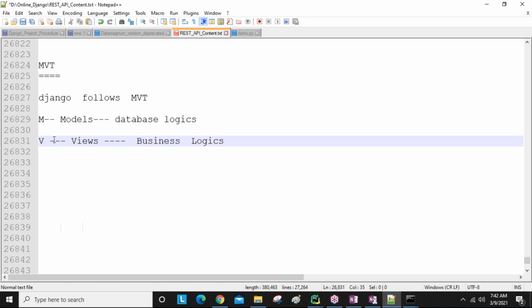All these logics we write inside the business code. Which database do I want to communicate with, Oracle or MySQL or MongoDB? All these things we write inside this business code, guys. So this views code we write inside views.py. We get one file whose name is views.py, guys. Inside that views.py, you write all your project's business logic, everything you want to perform.